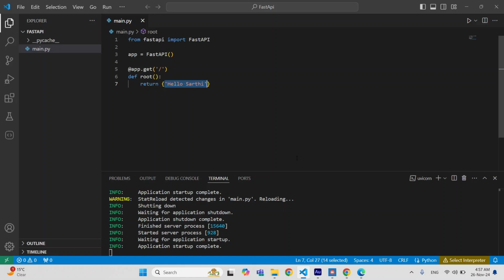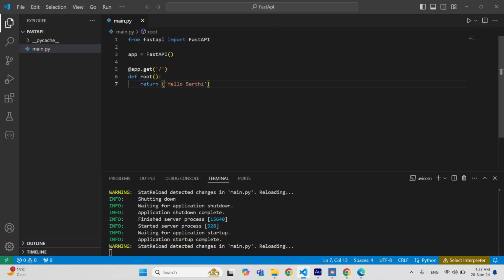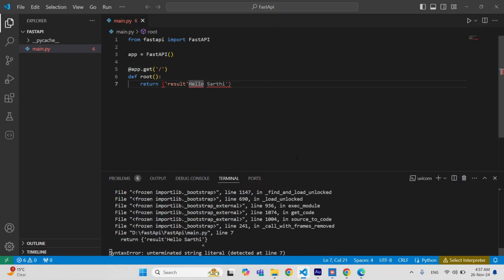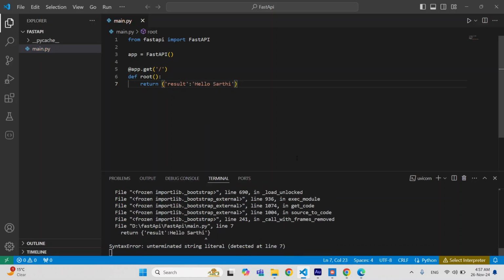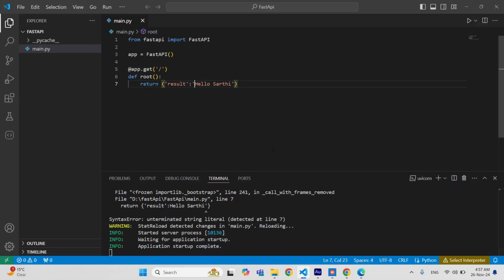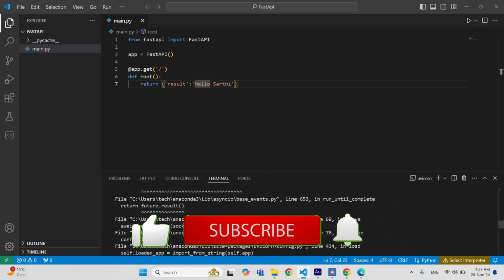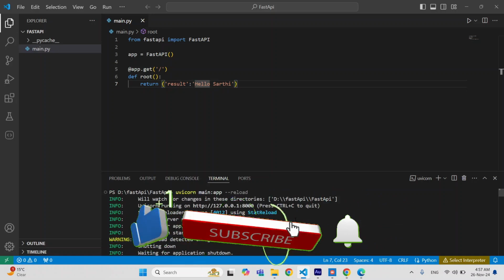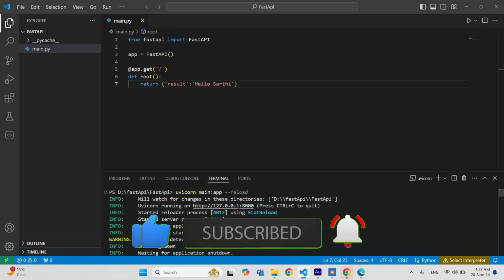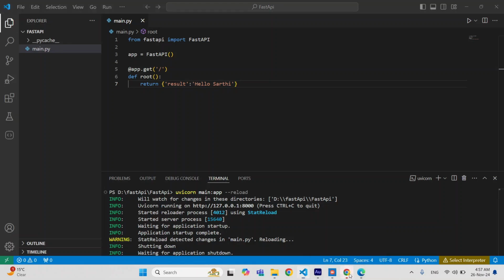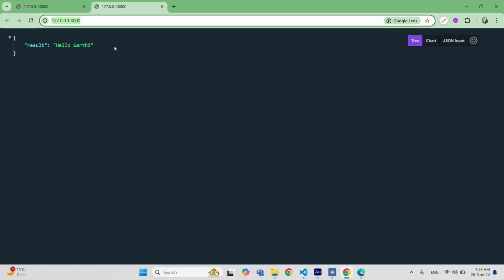So for that, here we can just modify the response, and here result. Okay, now if we just open the URL, where is our URL? Here. You will see the result here. Okay,